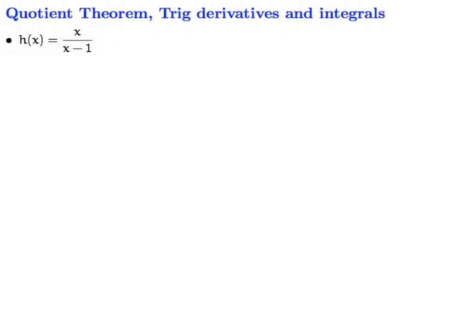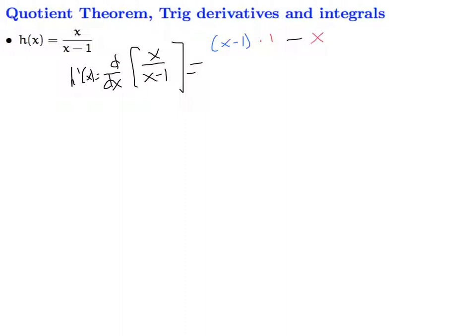So let's go ahead and practice taking some derivatives here. So this one, again, we're at the point where I'm going to do this a little bit faster here. So the derivative of x over x minus 1, which is of course just h prime of x. And if we go faster, this one is going to be low d high minus high d low, square the bottom,